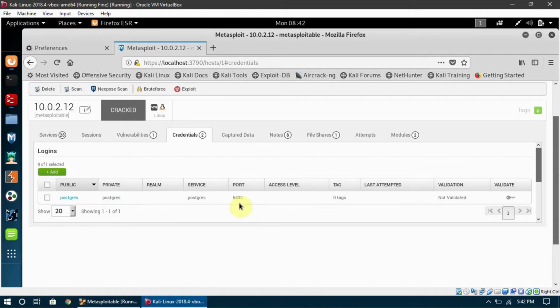The port is 5432. It is running on this port, and the service name is Postgres, and this is actually a database. So it is telling us this is the username and this is the password and this is the name of the service. I will tell you how we can use these logins to actually gain access to the database of Metasploitable.